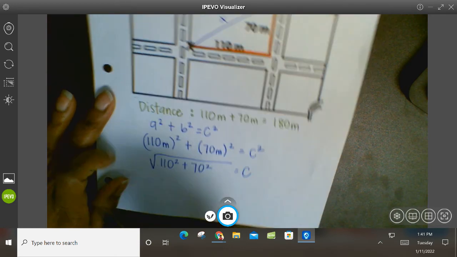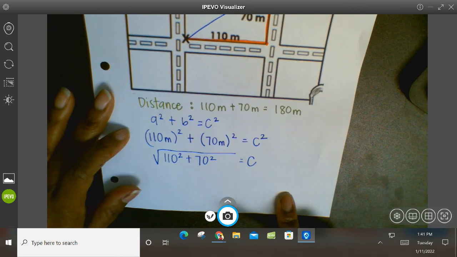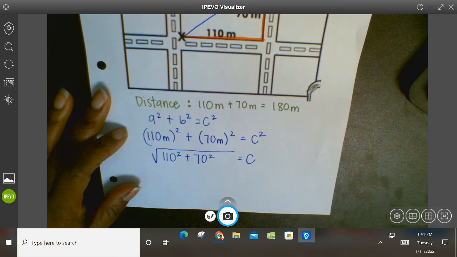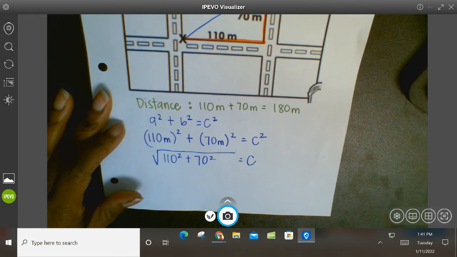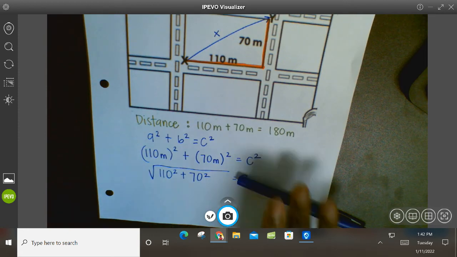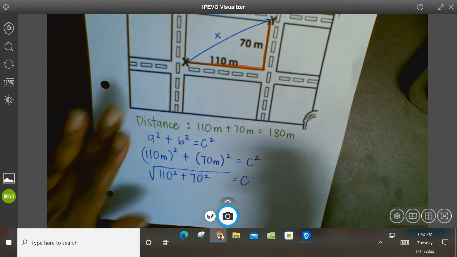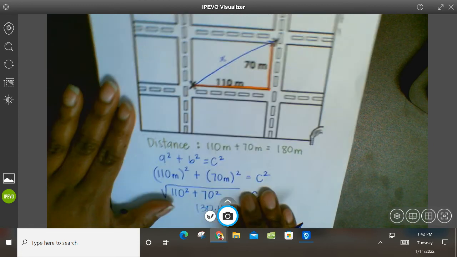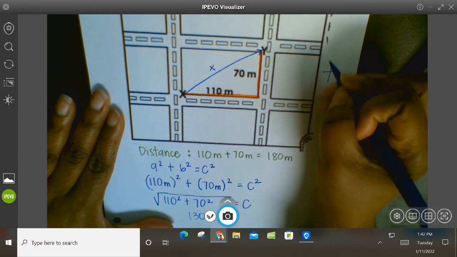So what would that be? When you calculate it out, what do you get? All right, so when we work this out, what do we get? All right, we get 130.4 meters. And if we do like a quick little compass here, north, south, east and west,